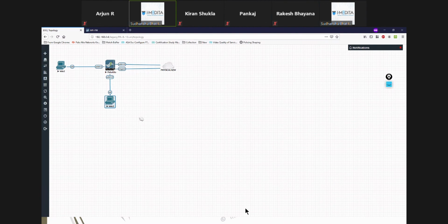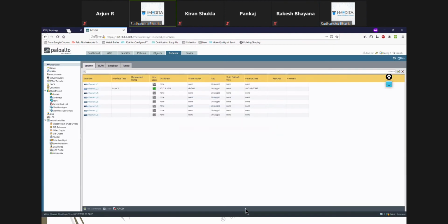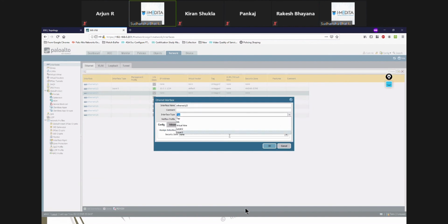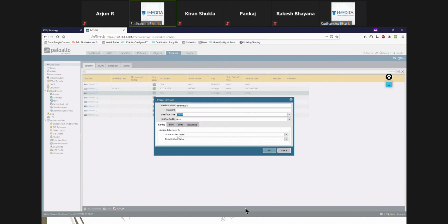Because I'll need to create another interface, or let me configure. Okay, let's configure Ethernet 1/3 also, just like we configured Ethernet 1/2. So interface type will be layer 3, virtual router, default virtual router, security zone.